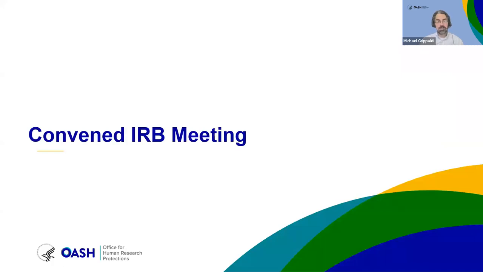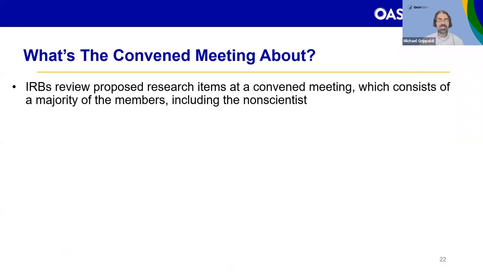All right, now that we've covered the who, let's get on to more of the what, right? So for items that cannot be reviewed via an expedited review mechanism, and we'll cover this next week, research must be reviewed through a convened meeting of the IRB. A convened meeting requires a majority of the members, which includes the non-scientist. Now, when I say members, these would be considered the primary members, right? Or an alternate who's replacing a primary. And we'll discuss this requirement, which is known as quorum, in a little bit.